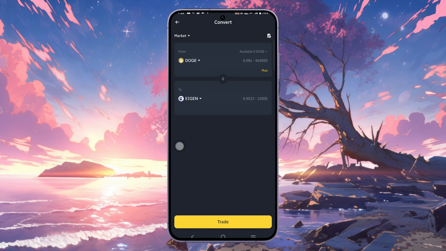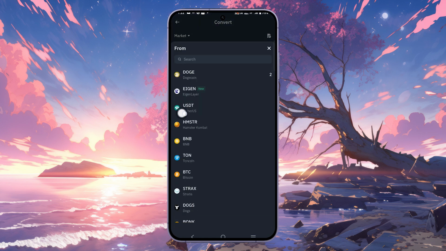and make sure you have USDT on your account. All right, if you don't have USDT, then this conversion is not going to happen. Make sure you have some USDT balance on your Binance application. All right, so just to convert USDT, just tap here and select this USDT from here,